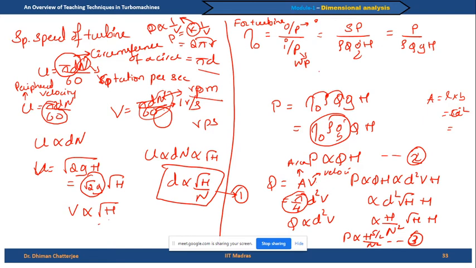So I am using everything related to the circle. So area also I am using pi by 4 d square. Now pi is constant. Remove that constant. It becomes Q is directly proportional to d square v. Now P is directly proportional to QH, and what is Q here? Q is d square v. In the place of Q, I am substituting d square v. Now further, what is v? V is root h. In the place of v, I am substituting root h. And in the place of d square, what is d? Directly proportional to root h by n. So d square becomes h by n square, squaring it on both sides. So that becomes h by n square, root h into h.